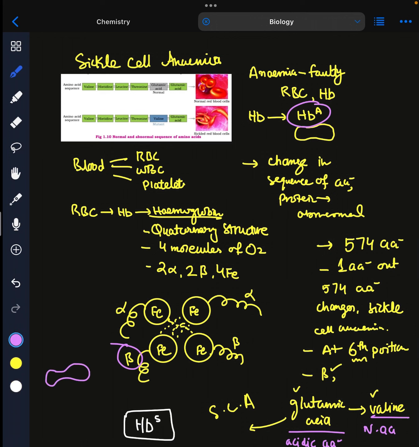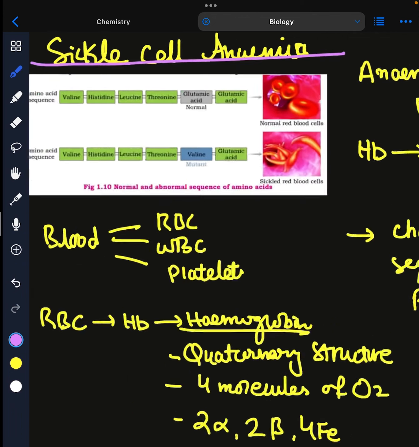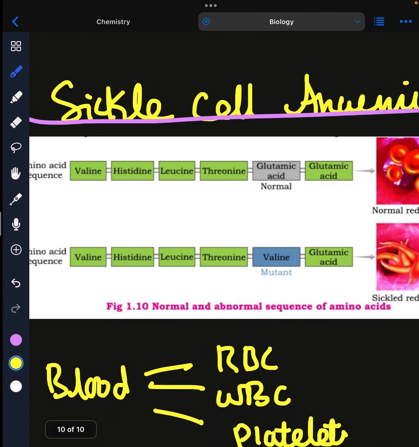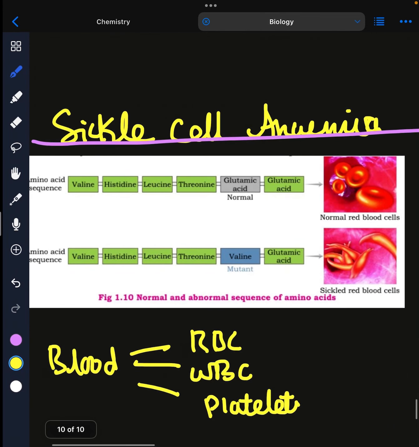So this is a normal RBC, but this is a sickle-celled RBC. So the capacity of capturing oxygen in sickle cell anemia is really reduced. And the eventual thing which happens is, of course, death. As you can see in the picture, what's happening is this is basically a normal